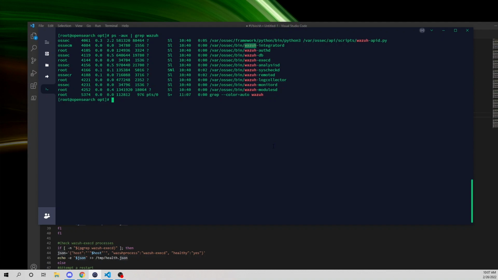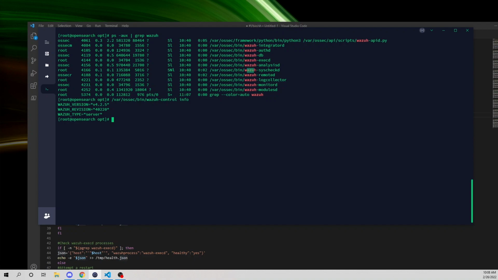Yeah, so if you're running on version 4.2.0 or later, your process will be named wazuh-integratord, wazuh-authd. But if you're on an earlier version, again, don't quote me on this, I don't know if it was before the 4.2 release, but these processes used to be called